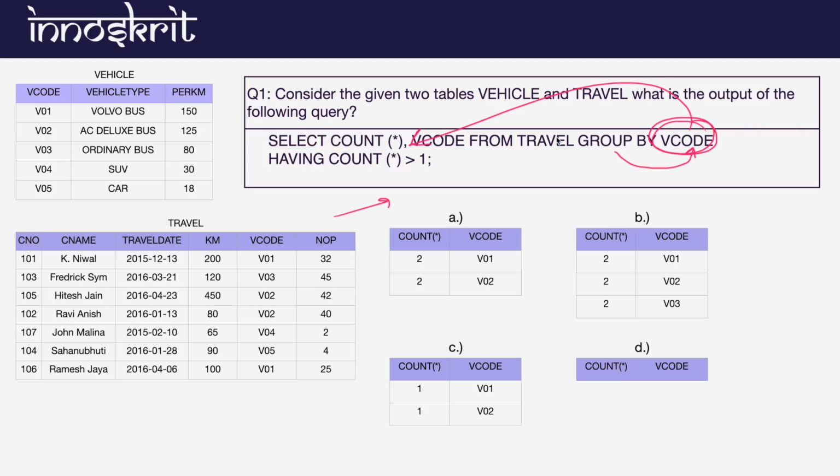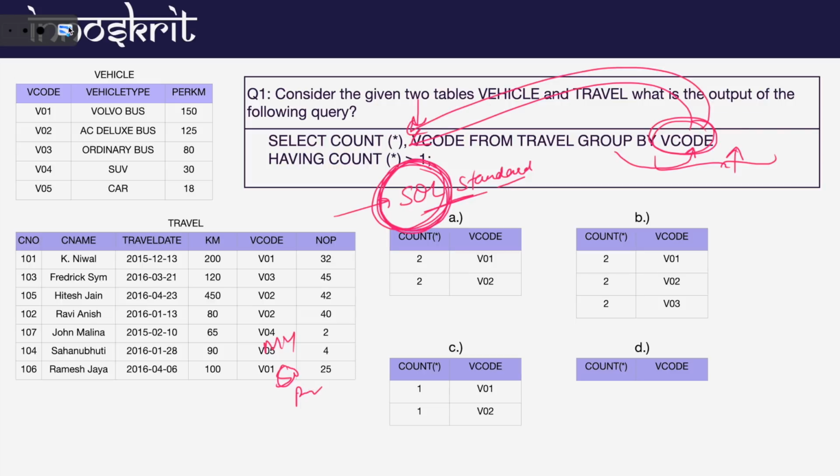But listen very carefully. Whatever I am telling you is based on the SQL standards, and in InfyTQ all the questions are solved using SQL standards, and not the MySQL, Oracle or PostgreSQL standards. So it is not necessary to have all the attributes in the select statement according to MySQL, Oracle, or PostgreSQL. But if you see the SQL standards, SQL says that whatever attributes you are using in the group by clause, it is mandatory to have those attributes in the select clause also. I hope you have understood this first rule.